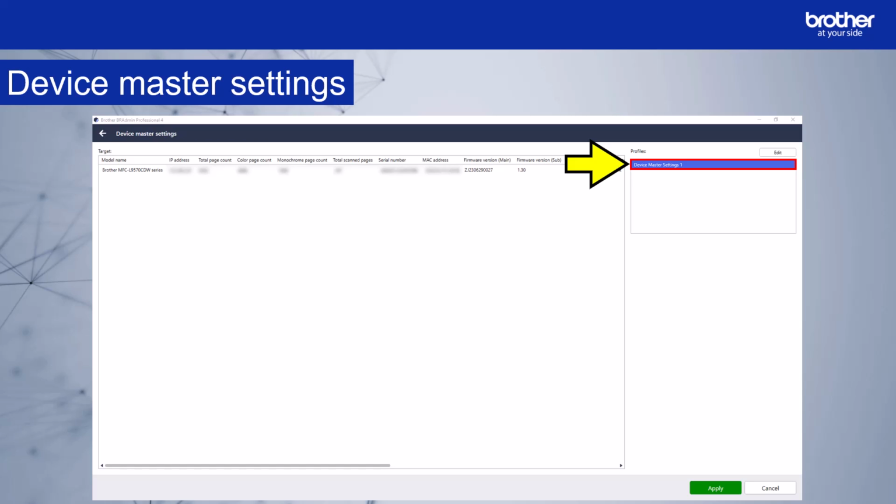You may notice there isn't a tick box as there is for other types of profiles. This is because you should only ever apply one master settings file to a device. The lack of a tick box option here ensures that the user does not apply conflicting profiles and backup files to the same device. Select Apply.